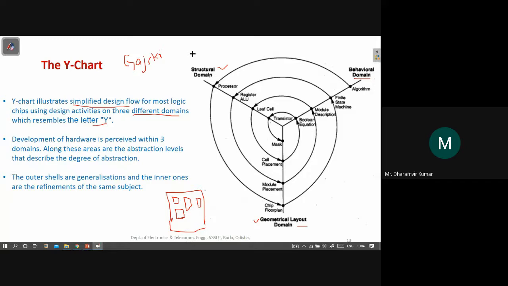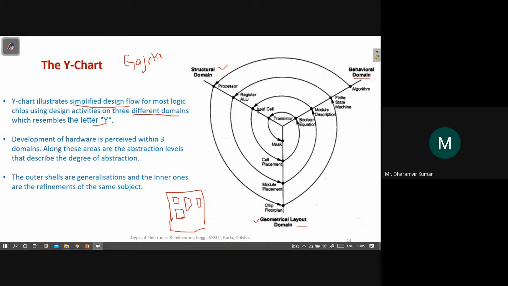A wall is made by using some materials, but what materials? It is made with the help of bricks, cement, then steel rods, and other components. So what are those smaller components that are actually constructing the bigger component? What is the actual structure? That information is there in this domain.